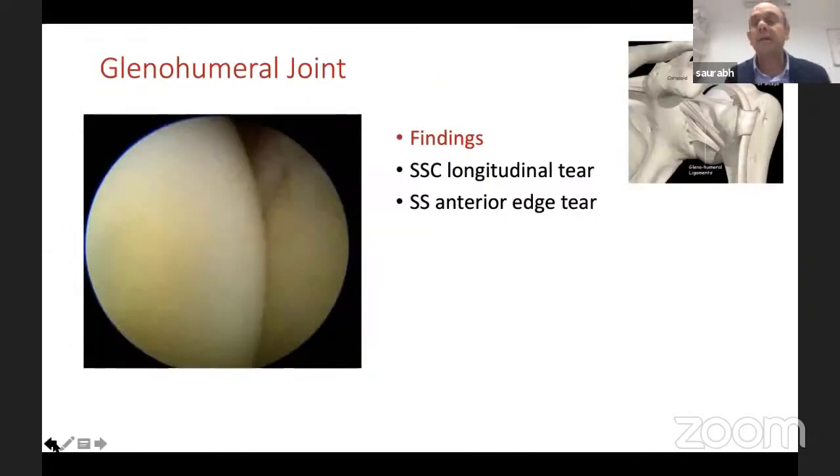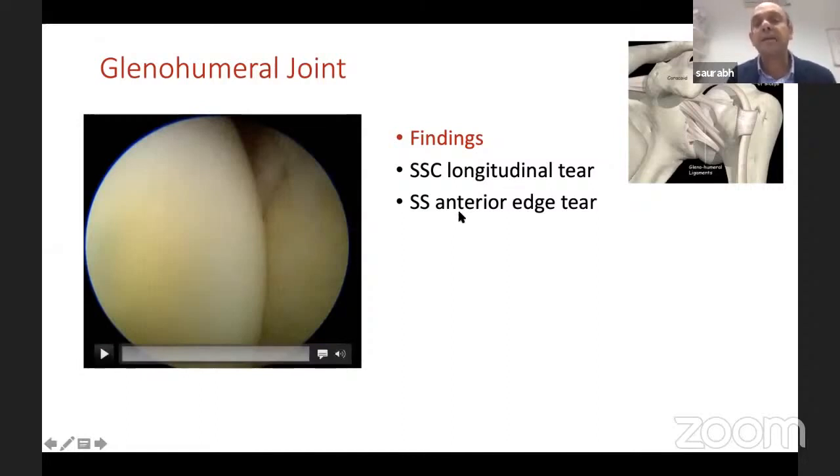So basically, in a glenohumeral joint, you start with humeral head, then glenoid, then anterior labrum, then superior labrum, then root of biceps. Then you assess your rotator interval inflammation, then subscap. Then you come back to biceps, follow the biceps to the anterior edge of supraspinatus, because 90% of tears will happen in the anterior edge, 1 or 2 centimeter tears, mild or medium tears. Then you need to see the whole supra and infra in entirety, come back out, see the inferior axillary pouch, back into the glenohumeral joint.